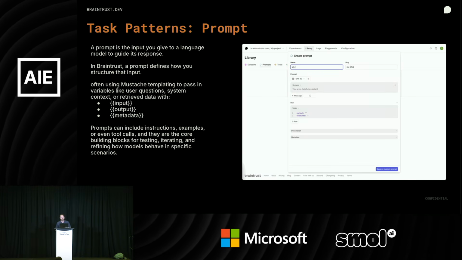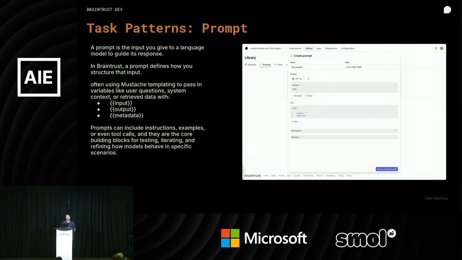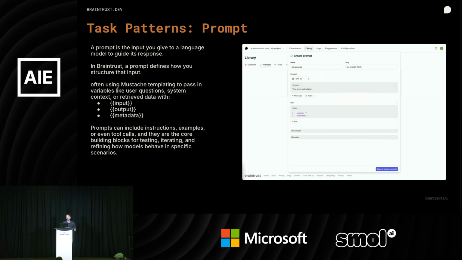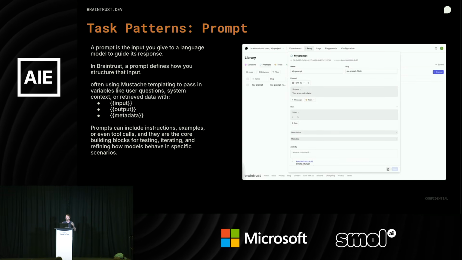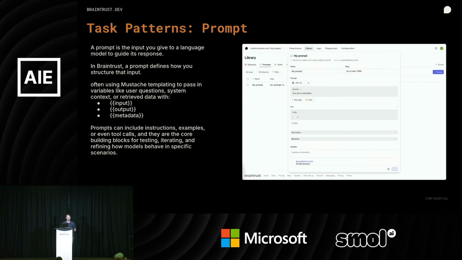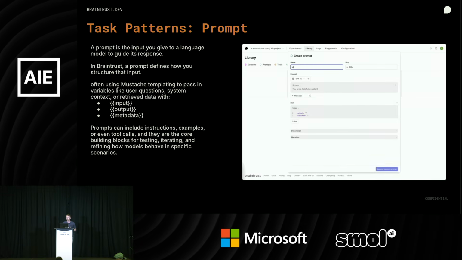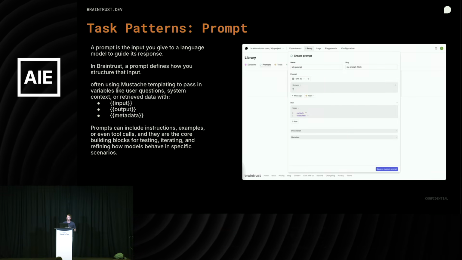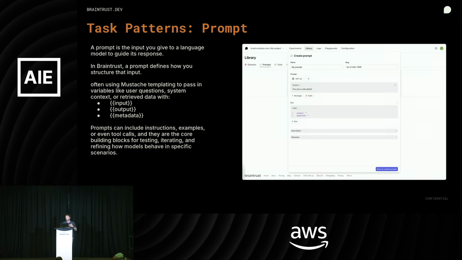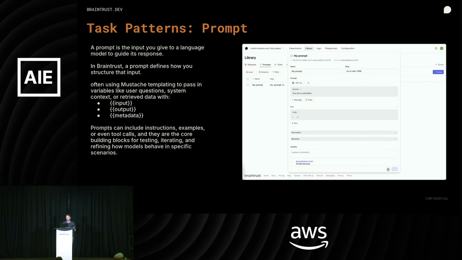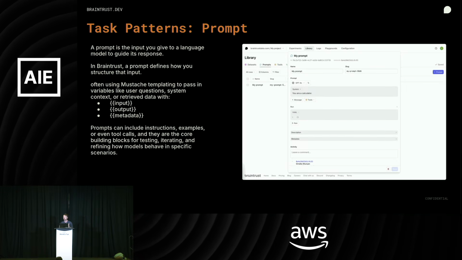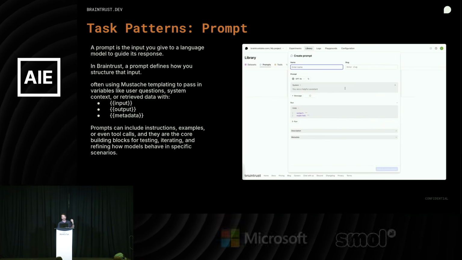So let's jump into the actual components that I just talked about. Within the Braintrust platform, we have a task. Again, this could be a prompt. This could be this full agentic workflow. Very basic, you see that GIF running. This is a prompt within the platform. You specify an underlying model that you want it to use. You give it a system prompt. You can also give it access to tools.